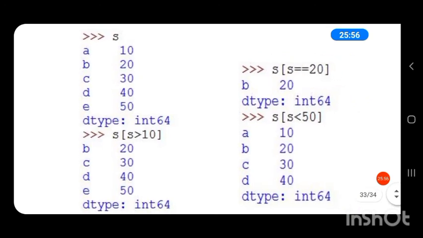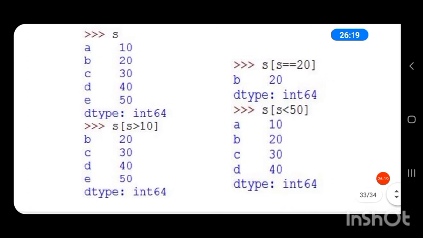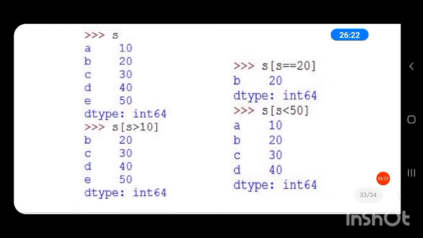S is the series name. In that square bracket, we have to specify the condition based on which we have to retrieve the values. So we have the condition S in square brackets S greater than 10. So we have to retrieve the values from S where the values are greater than 10.